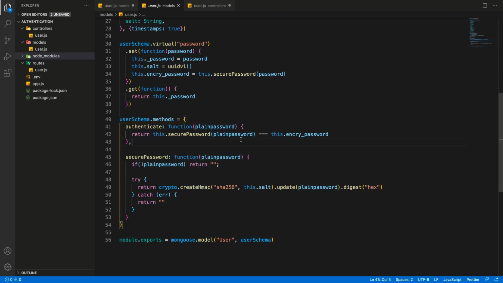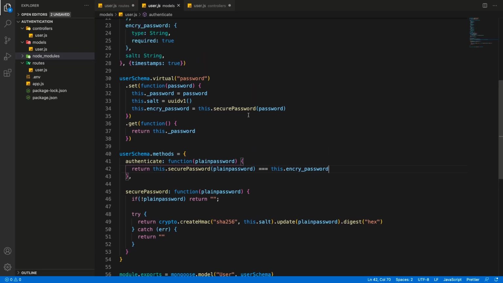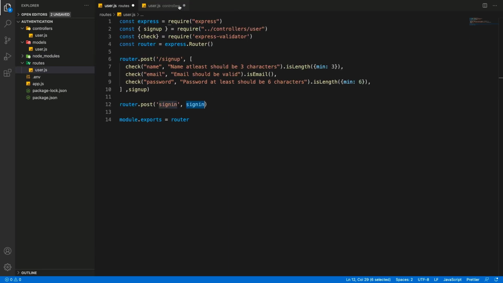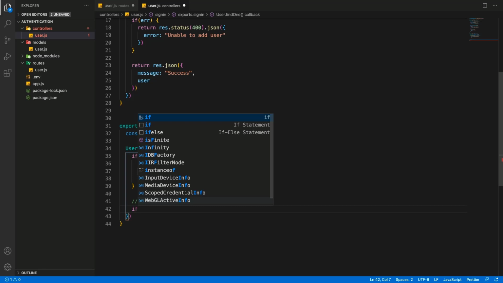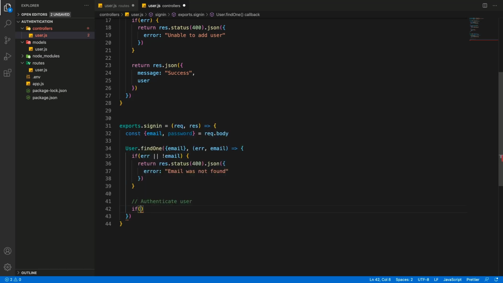It's going to encrypt the plain password, and then check it against that user's specific encrypted password. If both encrypted passwords match, then yes, the user is actually already signed up. Or we're going to say email and password do not match. I hope you get this authentication part. And even if you don't get it completely, that's fine, the more you do, the better you get at it. Okay, so first we're going to check